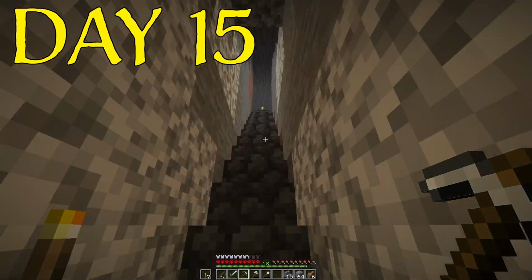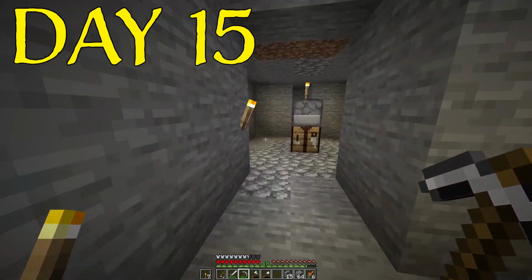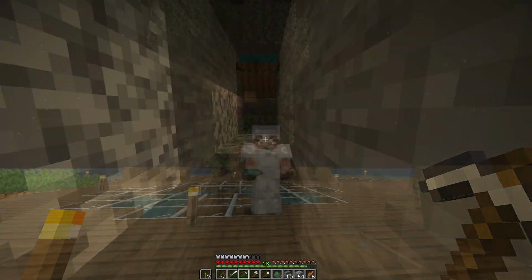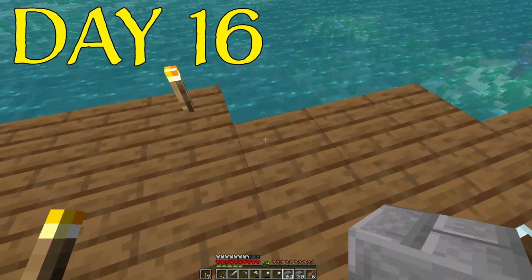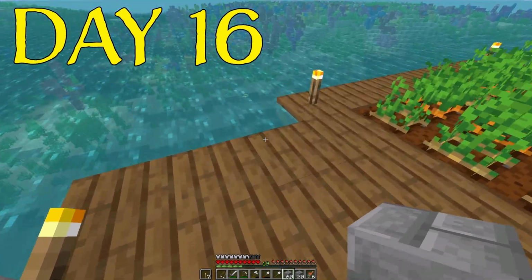And towards the end of day 15, I'd managed to stir up all 6 routes out of my farm. 1, 2, 3, 4, 5, 6, and got plenty of resources, although only 2 more diamonds, which is rubbish. So on morning 16, I started the job of placing the stone blocks all the way around the outside of